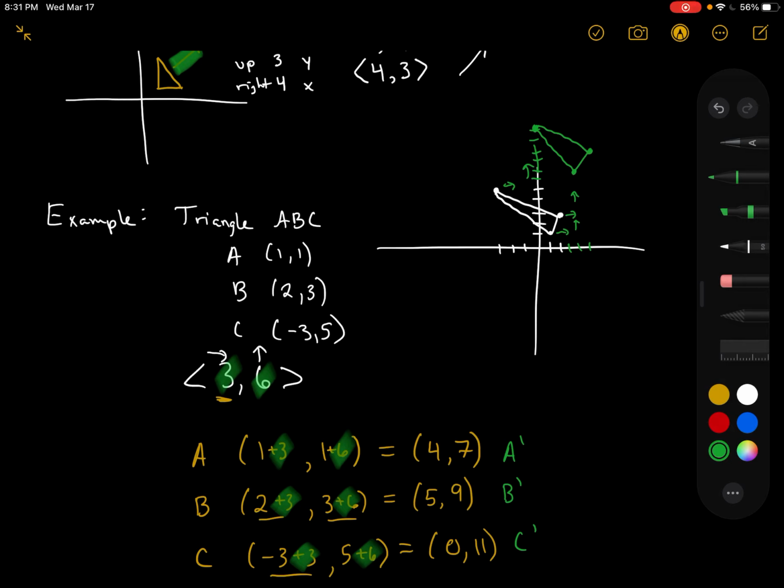So again, think of translations like the Google Maps of moving shapes. It's going to tell you left, right, and up, down. All right, so focus on those translation vectors. Write out your ordered pairs, just like we did in yellow below. And once we do that,